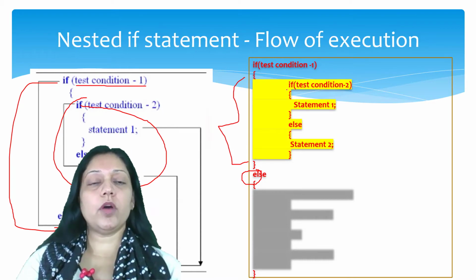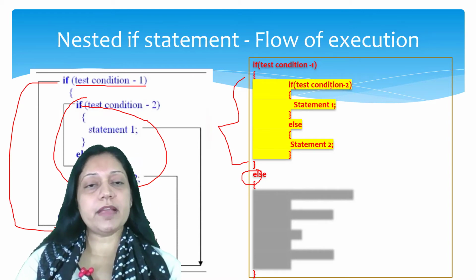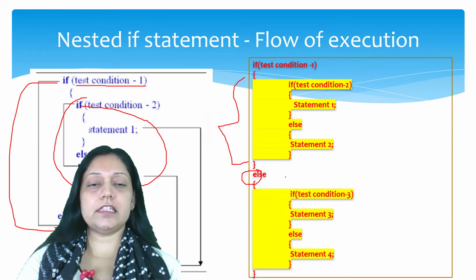So this is my one more if statement, that is if test condition 2. If it is true, then statement 1 is executed. If condition 2 is false, then statement 2 is executed. So test condition 2 will only be executed when test condition 1 is true. But if test condition 1 is false, then I'll come to the else part, and inside this I'm having another